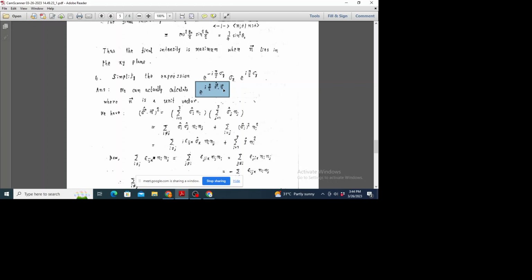So n vector is the rotation axis, and around that axis you are performing a rotation by angle theta. So here also just see, this is the rotation operation on a state. And of course, if you compare with the Schrodinger and Heisenberg pictures,